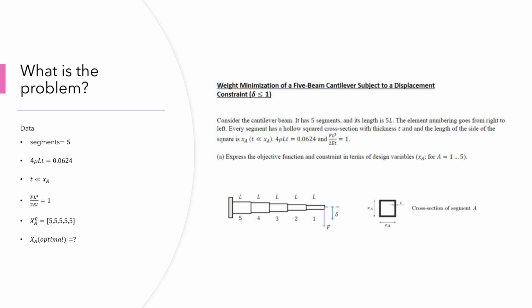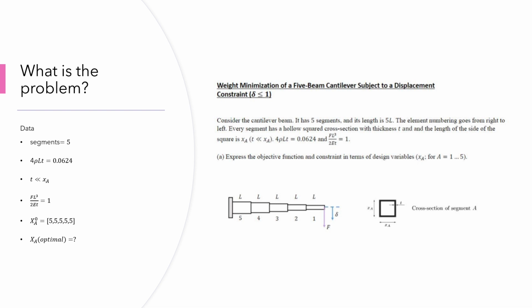It's much less than the side, so it's considered to be neglected. Also, we have another property here, and as we are going to solve this by iterations, we will need